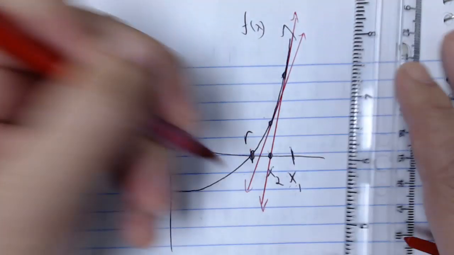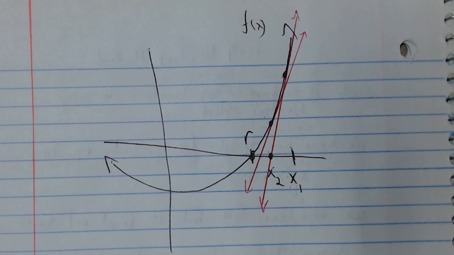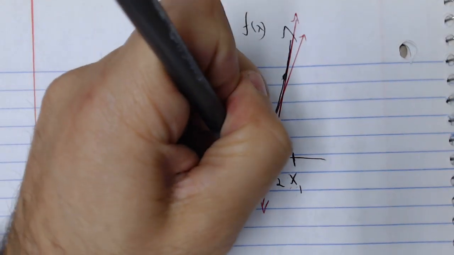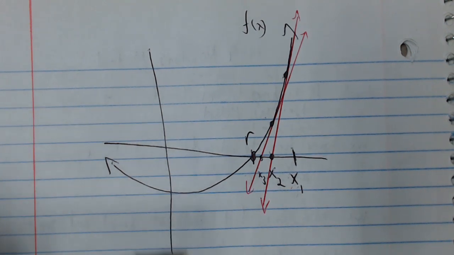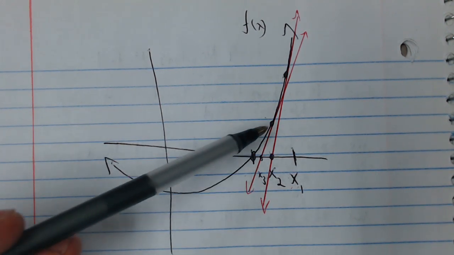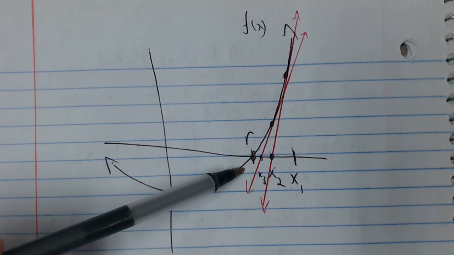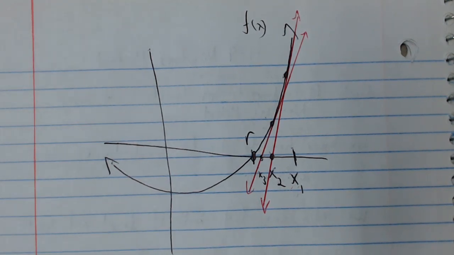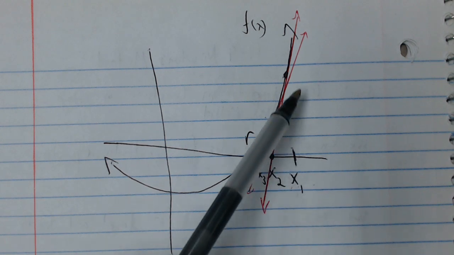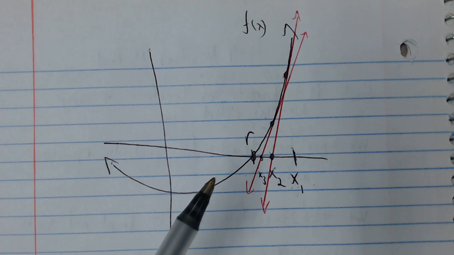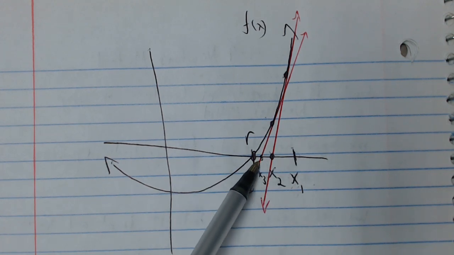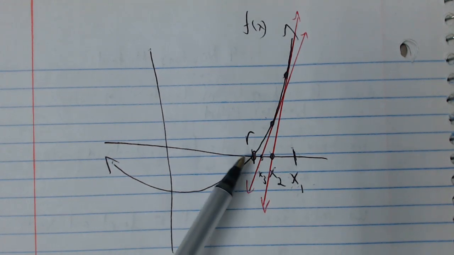So this is my new line, and notice how the x-intercept of this new line is even closer to that root. So what do you notice? Through this process of constantly finding equations of tangent lines and their x-intercepts, we get closer and closer to the root. And that's what Newton's method does. Newton's method says, look, if we start off with just any initial guess, we keep finding equations of tangent lines, and we should notice that the x-intercepts of those tangent lines will get closer and closer to a value. They'll settle down to a value, and that value they settle down to is the root